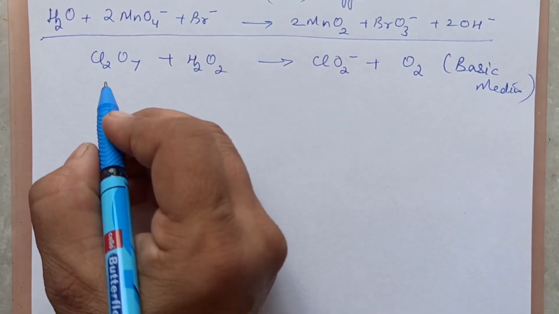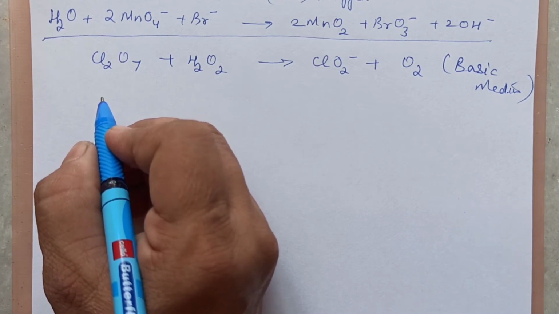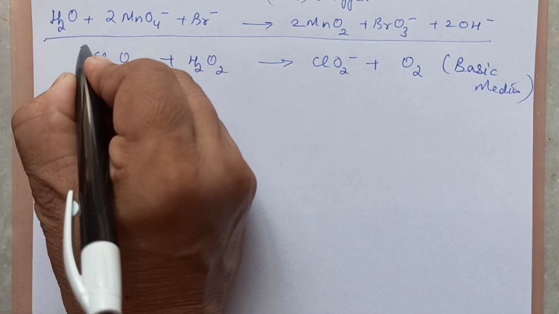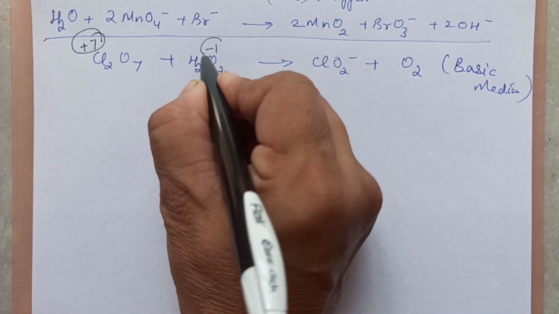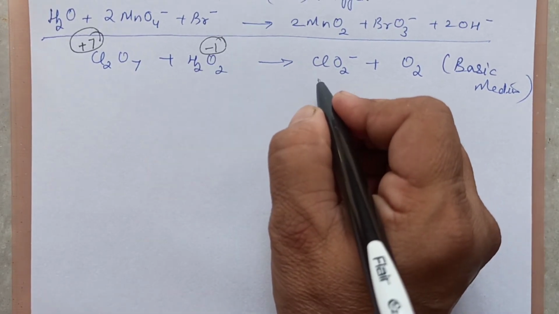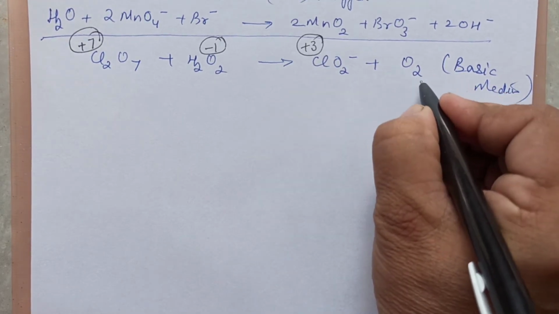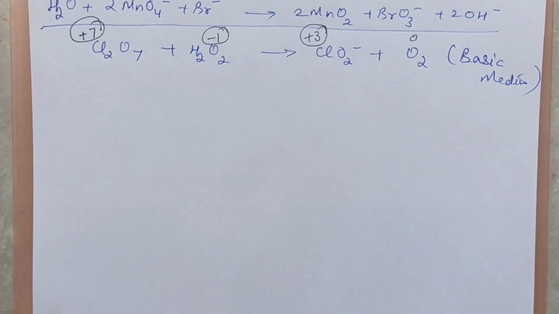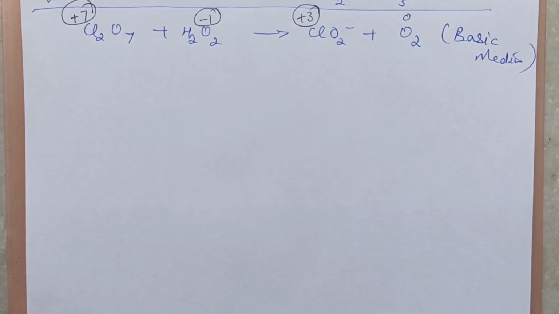First thing the same, we will be calculating the oxidation states of the elements and we will write it on the top. For the chlorine atom, if you are calculating, you are getting this as plus 7. This is peroxide, so oxygen is minus 1. This chlorine, if you are calculating, you will be getting as plus 3. Right? This is a molecule, so it is 0. Now we will mark how much is the increase and decrease. Right? I'll just cover the previous one so that you don't get confused. This is the equation, children, we are balancing.